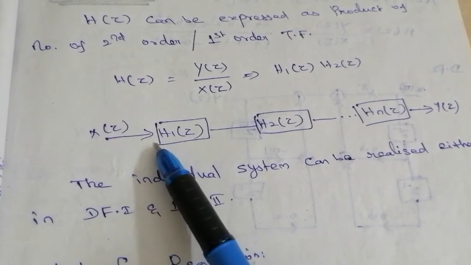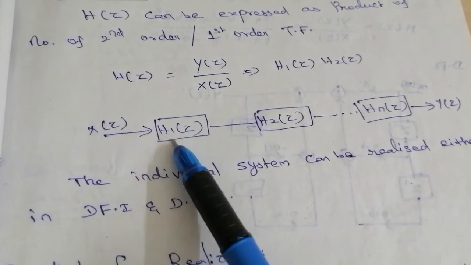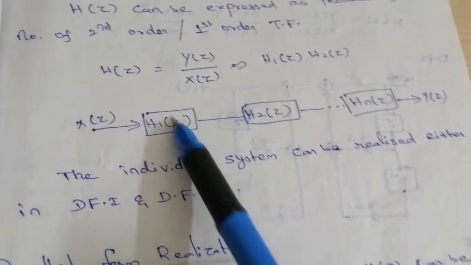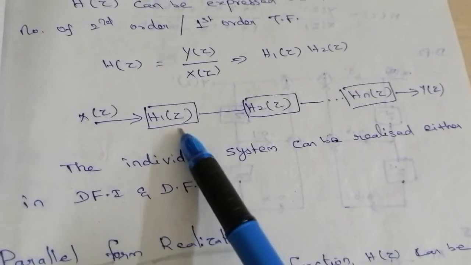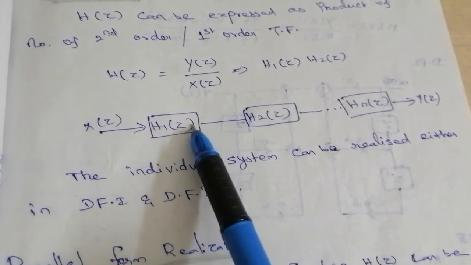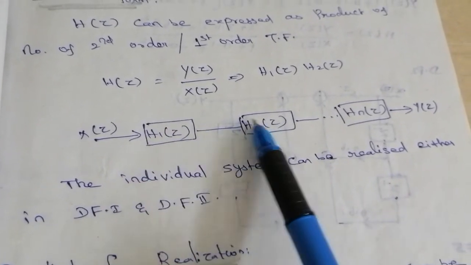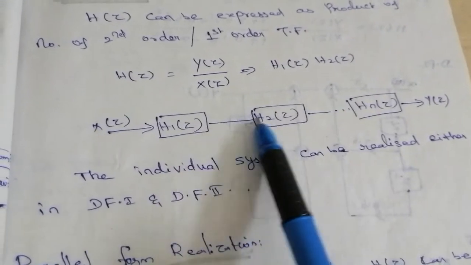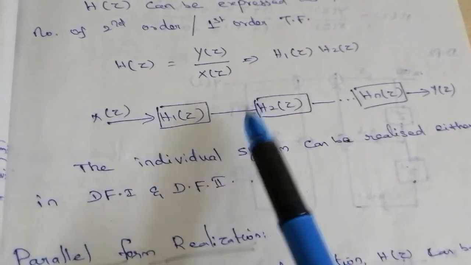already we derived direct form 1 and direct form 2 methods. The same method is applied. The same diagram also we have to draw, but we have to draw that same structure for each individual transfer function, which is connected in a cascade series condition. That is the difference, right?